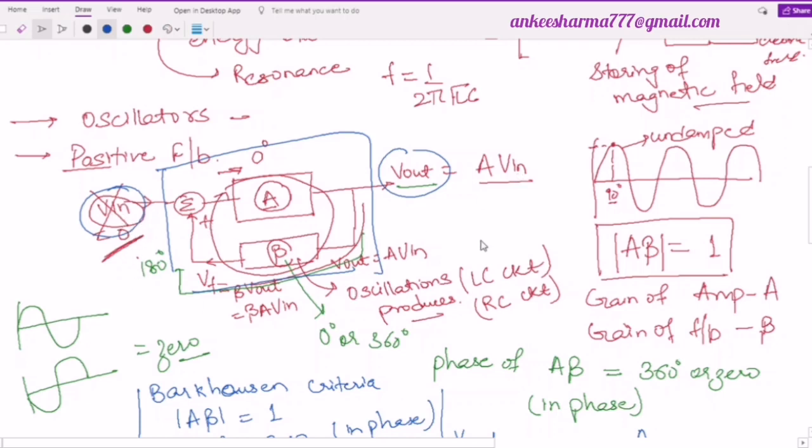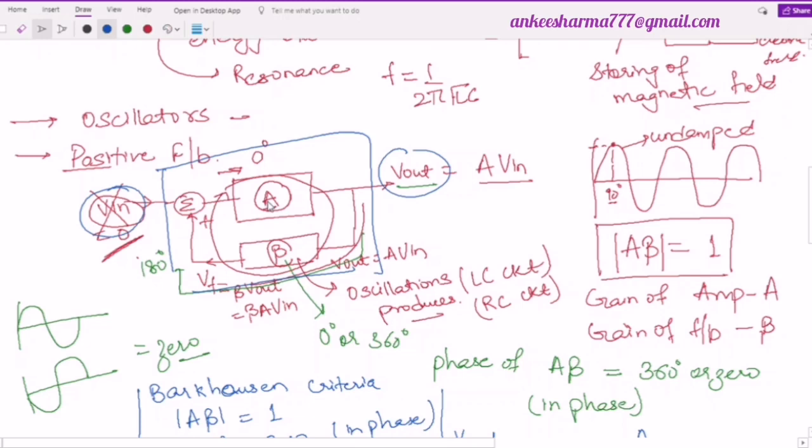V in achieved? Now in the transistors or in any circuitry or any components, we have this thermal noise, right? This noise is there. Why am I saying thermal noise? Because these devices always have this heating effect, and this produces the noise. So this V in is generated from that thermal noise, the noise generated by the heat. In the starting, this thermal noise gives an input, and in the starting what we do is make this gain slightly greater than 1.